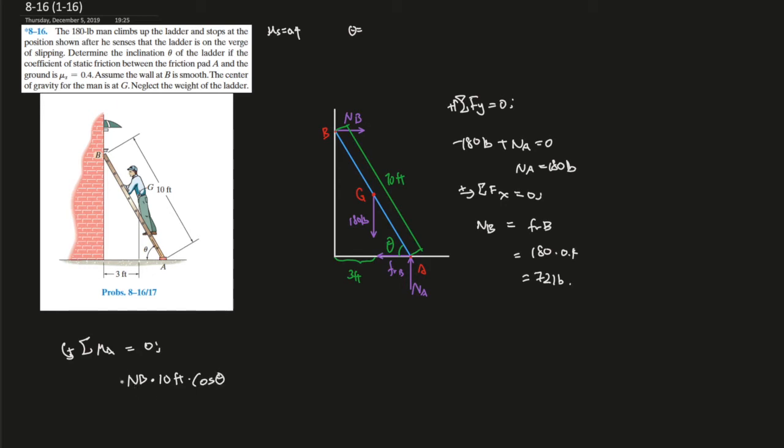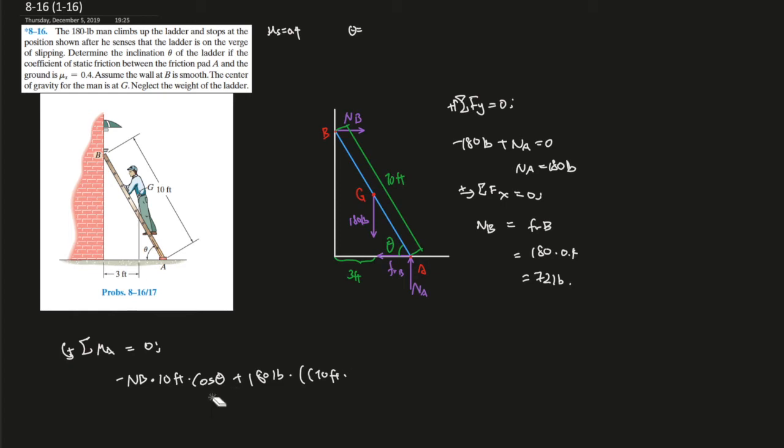And since NB is going to make a clockwise rotation, it's negative. And plus the 180 pounds goes through, and it's going to make a rotation. The distance between this force and the point is over here perpendicularly, so that is times 10 feet times,